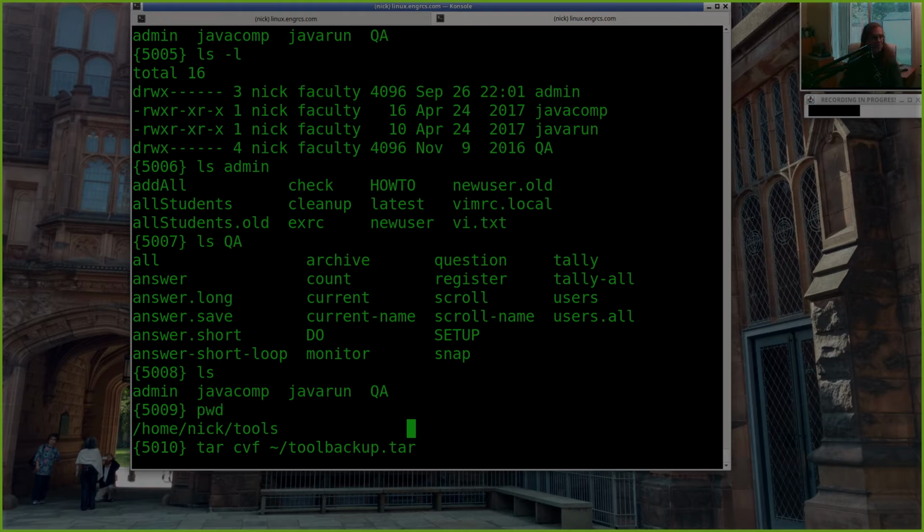And then I could list all the files I want to put in this archive. Well, I'm just going to say dot, which means I want to put in my current directory, and tar by default puts in all the subdirectories as well. So I'm going to say tar create an archive named this, containing my current directory and everything underneath it.